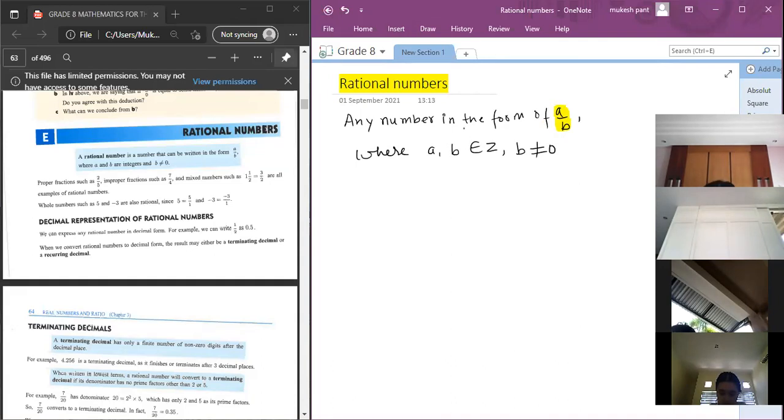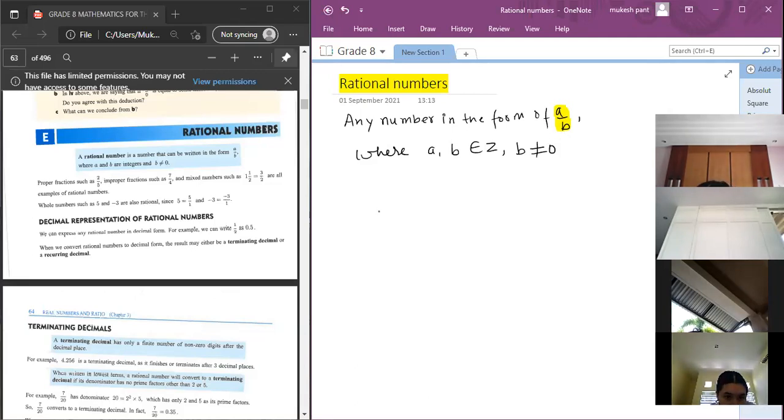Okay, so any number in the form of a over b, where a and b belong to Z, means a and b are integers, and b means denominator. The lower part is not 0. The lower part. Okay,